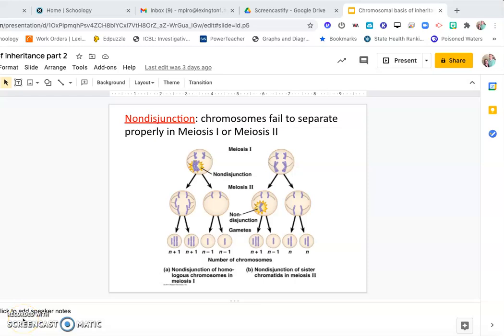All right, this video is going to be all about chromosomal mutations. There are two types of mutations. There are gene mutations, which are things like sickle cell, where you have an A that gets changed to a T. So very small, tiny mutations that affect one gene. And then you have chromosomal mutations, which affect chunks of chromosomes and therefore multiple